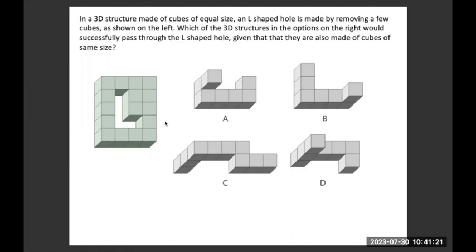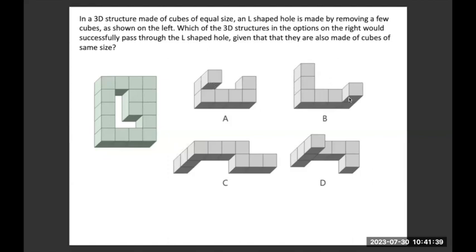In this case, all you need to do, I'll give you a simple solution. All you need to check is which facade has this L happening. On which side of this 3D solid will I get an L? For example,